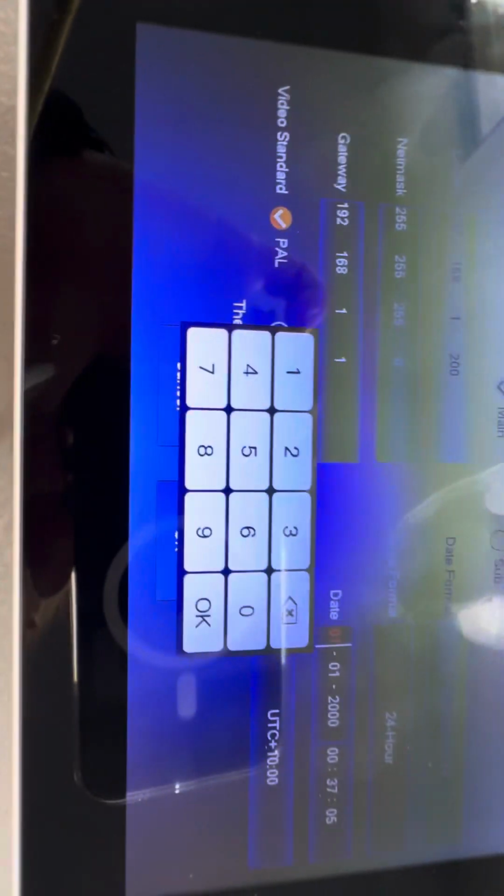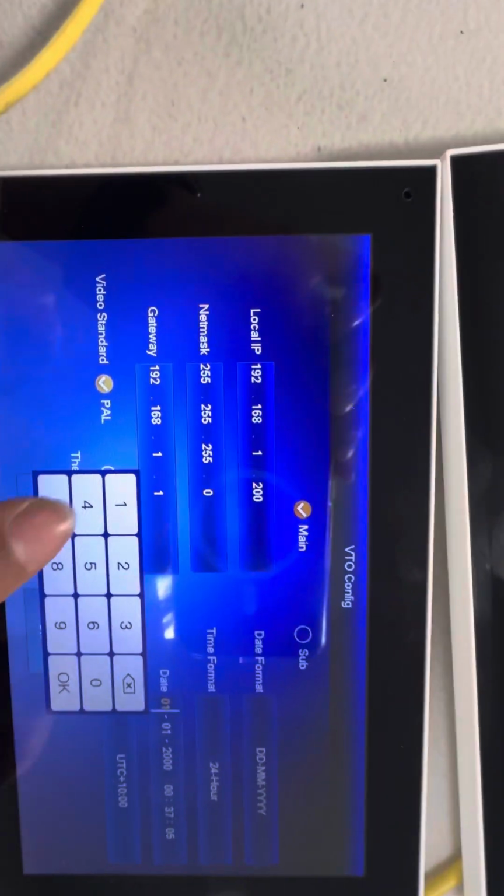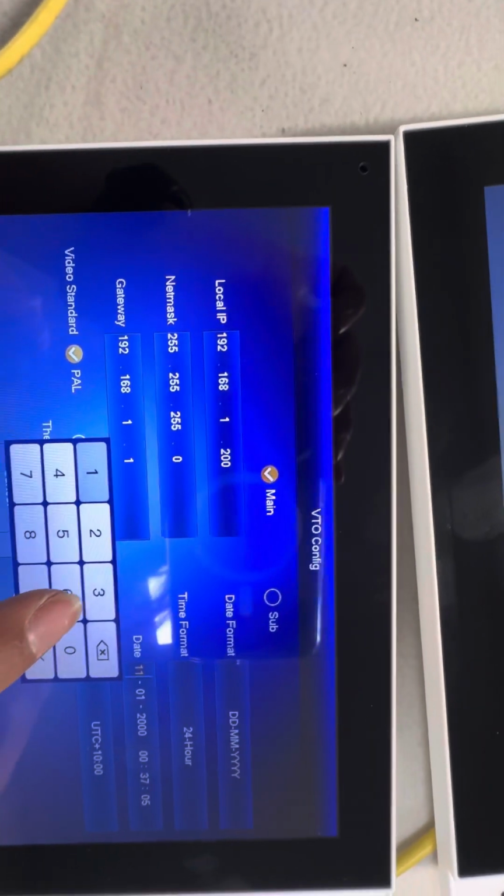So the time, set the time. So the time now is 4:08. So I'll make it 16.